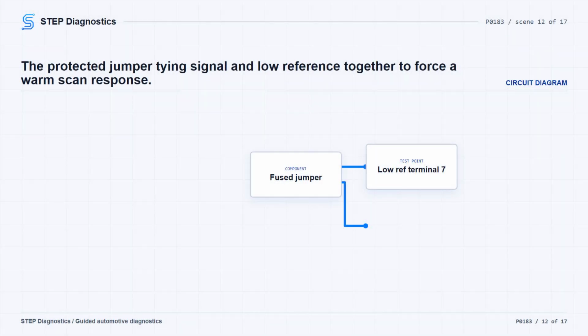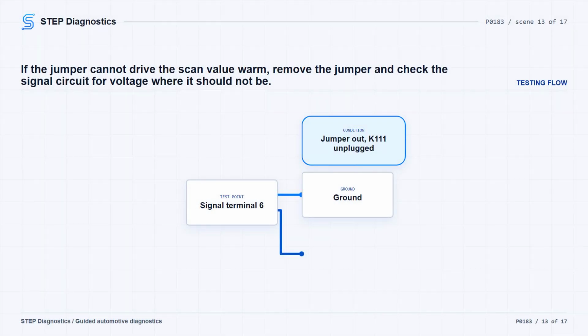If the scan tool does read colder than -39 degrees Celsius, -38 degrees Fahrenheit, connect a 3A fused jumper wire between signal circuit terminal 6 and low reference circuit terminal 7. With that jumper in place, the fuel temperature sensor parameter should go warmer than 109 degrees Celsius, 228 degrees Fahrenheit. This is the sensor simulation part of the test. You are proving whether the module can see the circuit move when the signal and low reference are tied together through a protected jumper. If the scan value stays 109 degrees Celsius, 228 Fahrenheit or colder with the jumper connected,